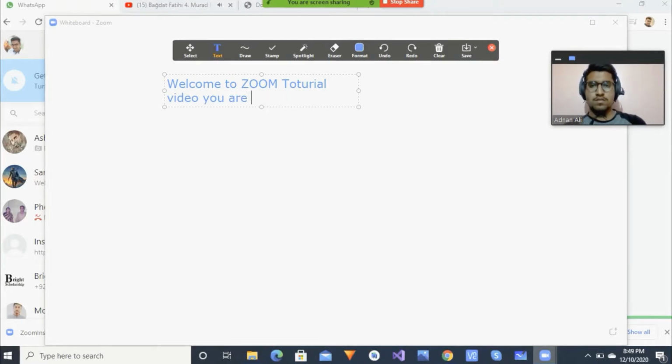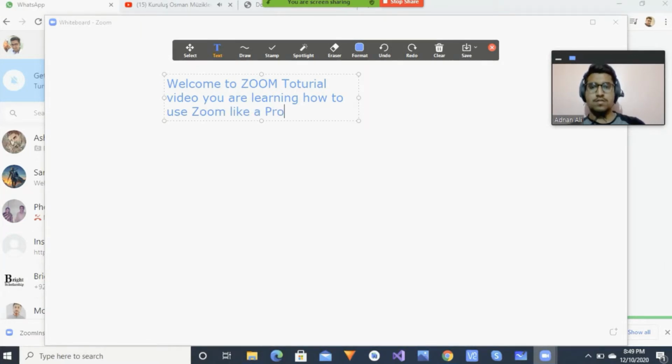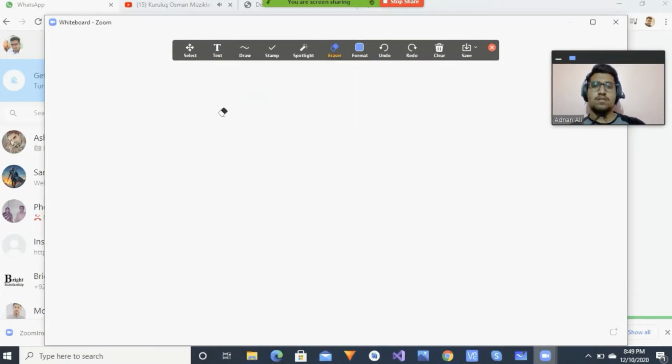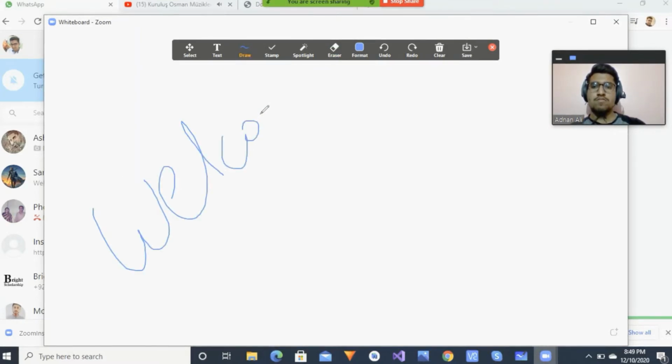You are learning how to use Zoom like a pro. Okay, so you can erase the text here, you can draw the text here. This is up to you. Just as I draw the text here, welcome text. Okay, so our text is ready.